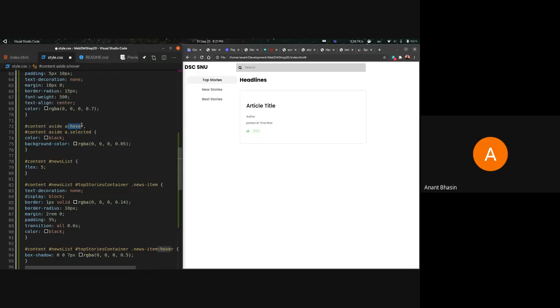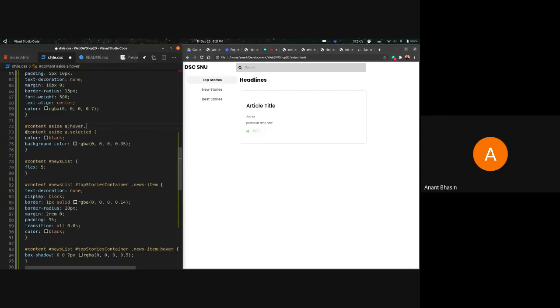And this is what we call a pseudo class. So the hover pseudo class allows us to give the values which will only become active when you are hovering over an element. So when I hover over it, these values become active. Color black and a background color of very light black, with an opacity of 5%. 5% black, that's what the background becomes. And the text becomes completely black, totally opaque. So that is hover.